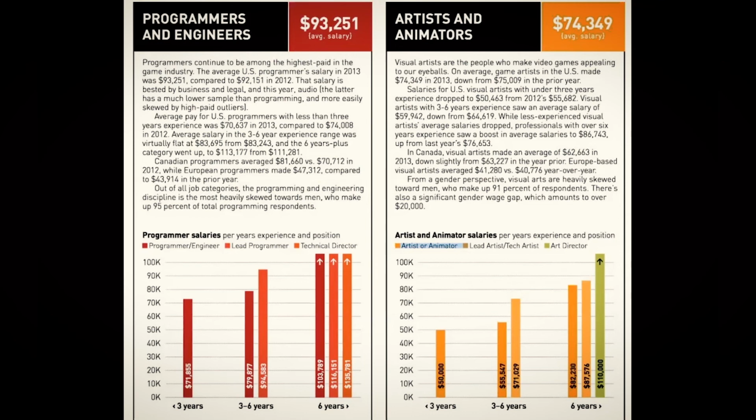Now, artists and animators, those are your 3D modelers, your concept artists, your game animators, your technical artists, your UI UX artists. This is an average salary. I would say this is more like a low end, entry level salary for most people filling those roles, because a senior level concept artist makes well into the six figures, maybe 120, somewhere around there. Art directors might make somewhere higher than that, 130, 140, maybe even 150.